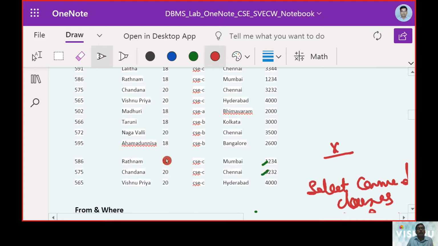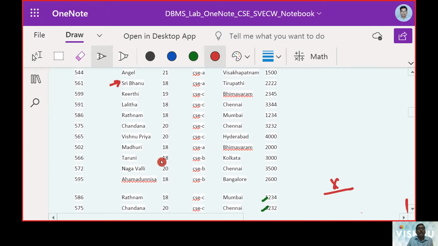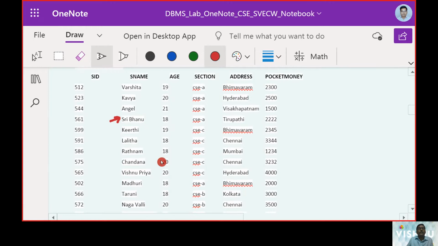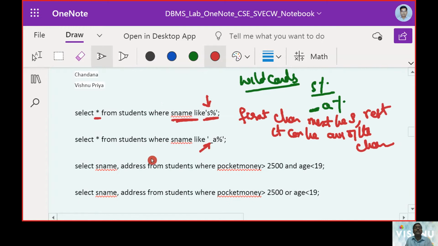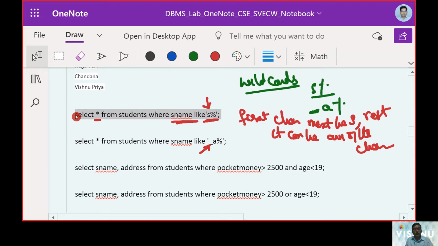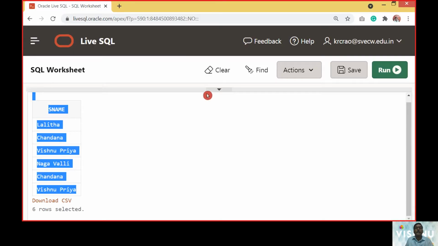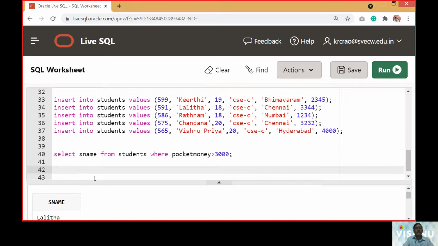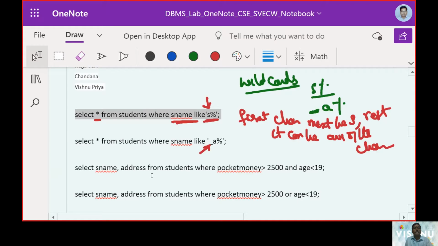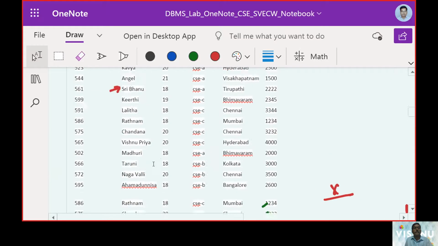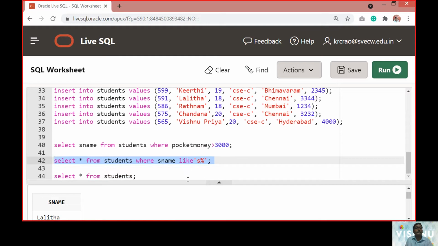Then we have only one name. It is pointing out which starts with the "yes". So if such is the case, now let us verify whether it works or not. So now I am taking up the query from this OneNote and bringing it to the execution part, and just see. So we are expecting the value. What was the value we are expecting? We expect the answer should be Sri Bhanu, right?